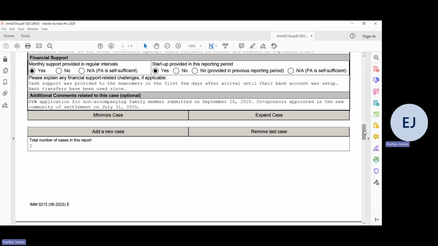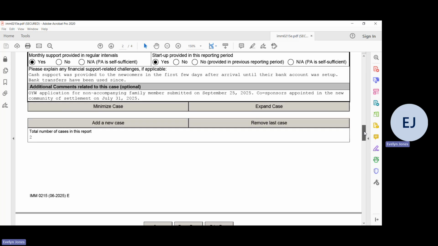Under additional cases, in this example, we provided that there has been a 1-year window application submitted, and that the co-sponsors appointed in the new community of settlement. So that is to give you just an example how that form might look once information is populated in it.